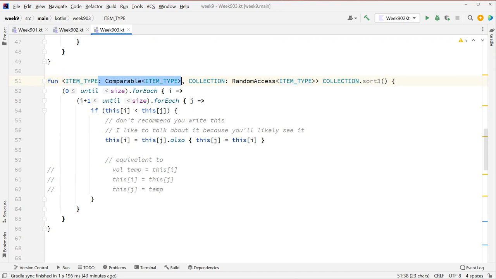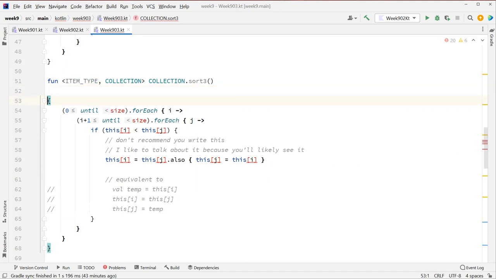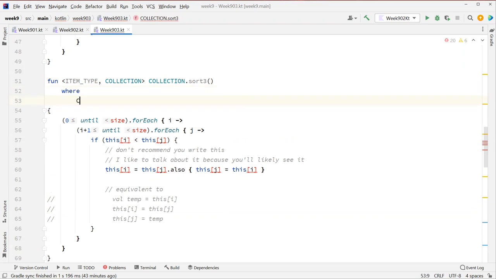So we're not going to put that constraint on the item type, but we're going to have to make this collection have two constraints on it. One, it's going to be random access, and one, it's going to be sortable. And there's no way at this location to specify two constraints. So what I'm going to need to do is just say I have an item type in a collection, and this is on collection sort3, but I'm going to need to add a little more information here. We're going to add in an expression here, or a part of the a keyword here called where, to add in some more constraints. So I'm going to say collection,